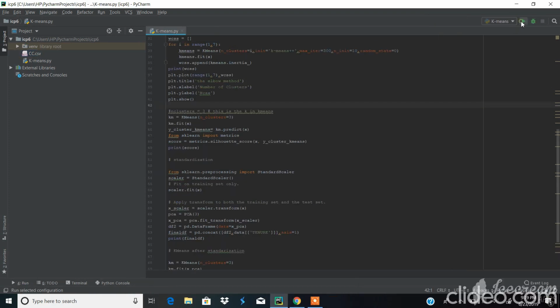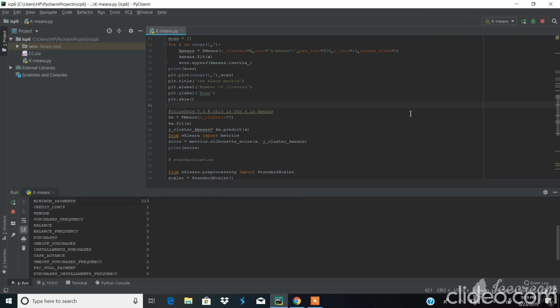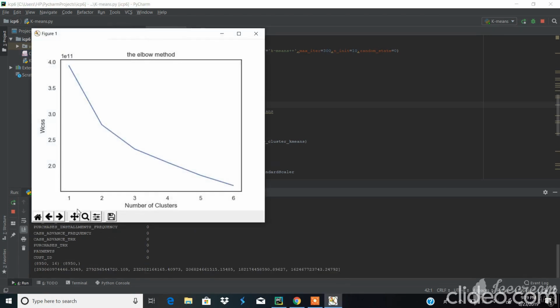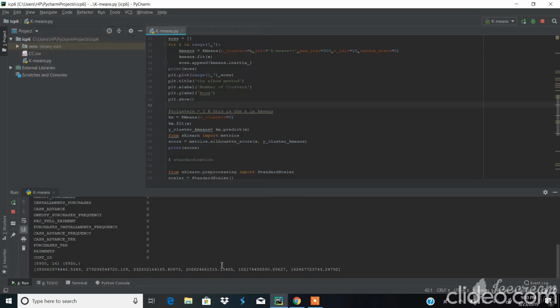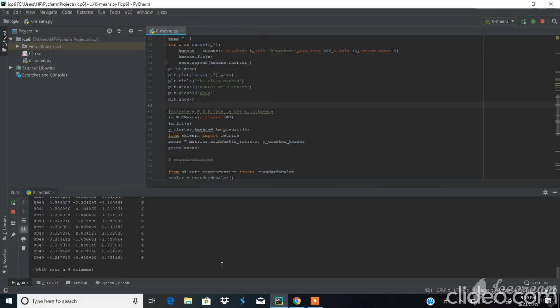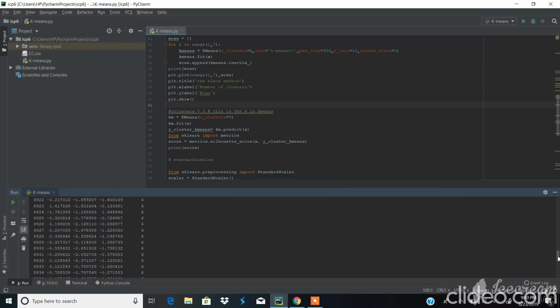Let me run the code. So here it gives the null count for each feature and the number of clusters, and it has divided the dataset. Clustering has been done on the given dataset to get the score. So here you can see this is the score of the dataset. This is the score after applying PCA on the dataset,